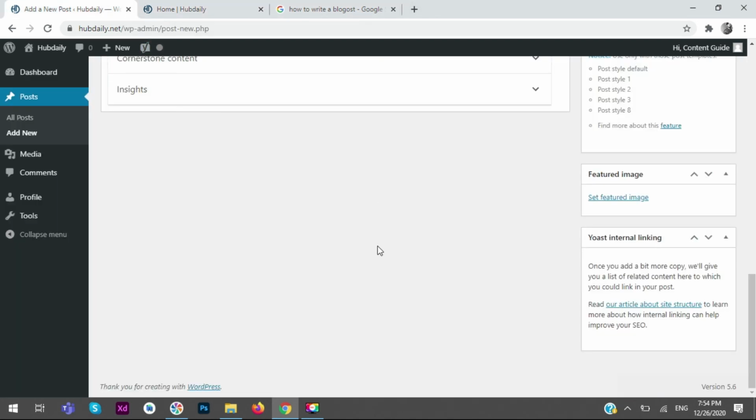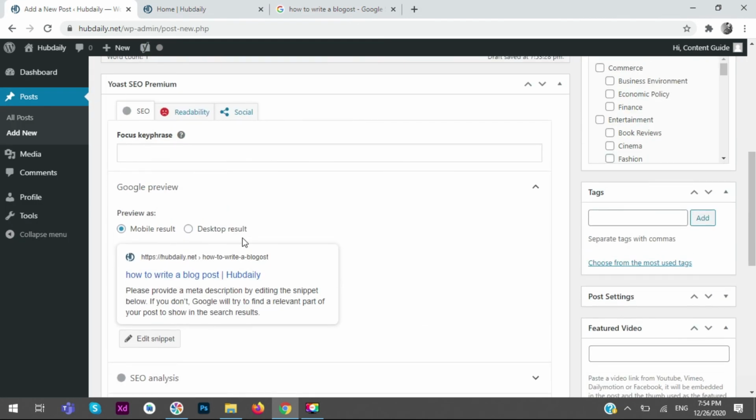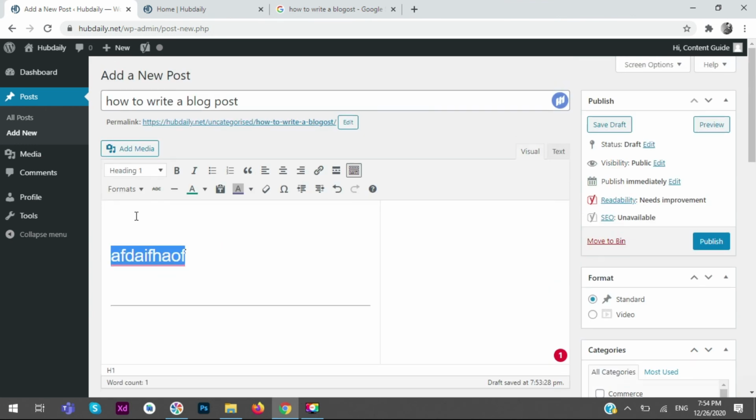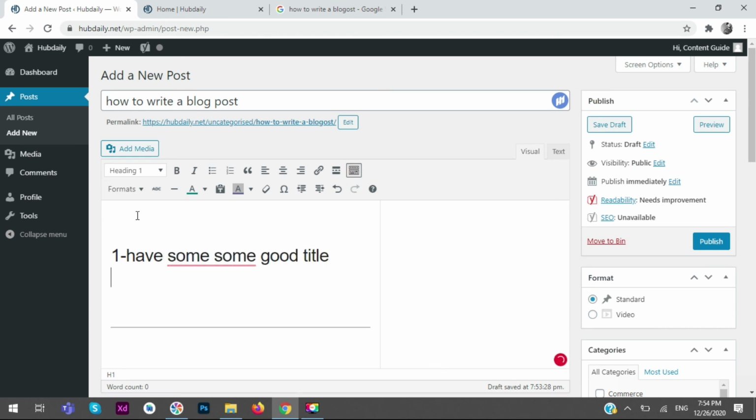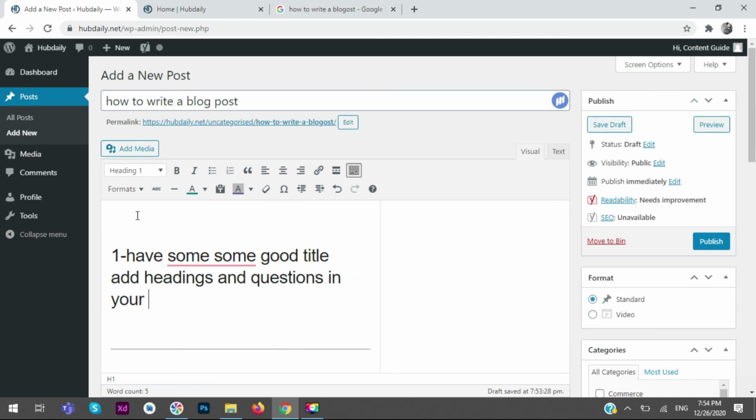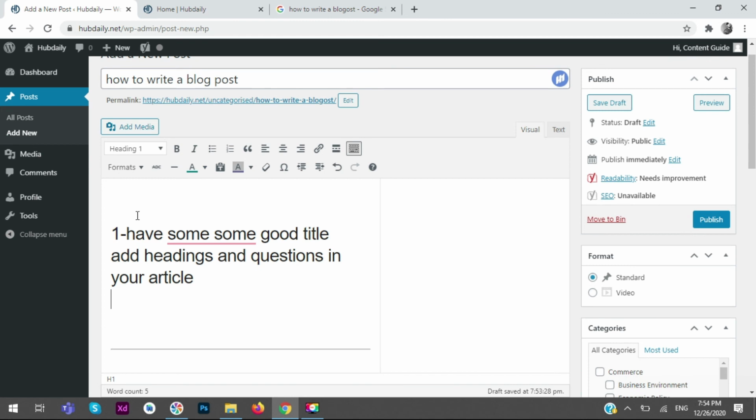After setting the feature image, if I conclude all these steps: have some good title, and add headings and questions in your article.